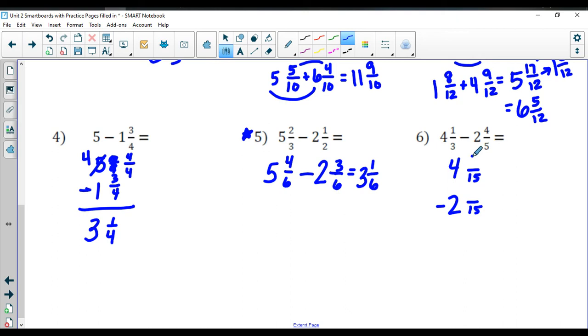3 times 5, so 1 times 5. 5 times 3, so 4 times 3. And 5 minus 12 is not going to work. So again, I'm going to have to borrow. So this is going to become a 3, and I'm borrowing a whole, which is